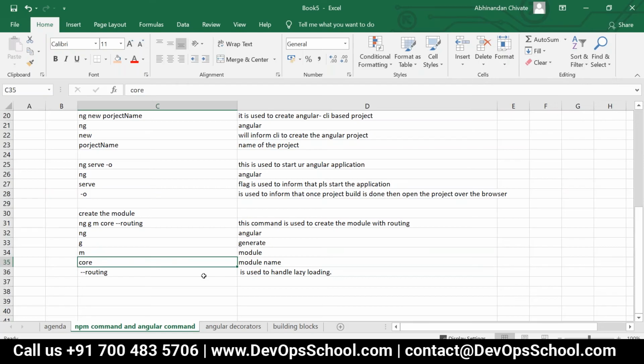Core module. And do we need routing? Yes, we need routing for the same. All of you clear with this part or not? Yes, sir. This is a command for creating the module, right? Now,